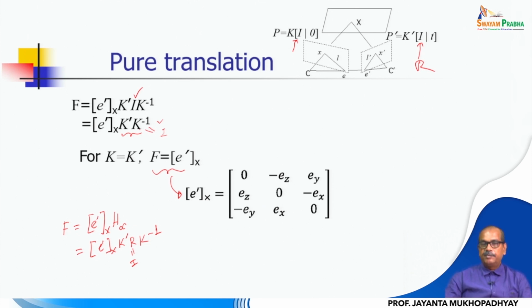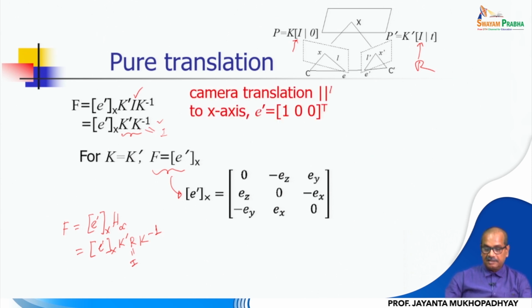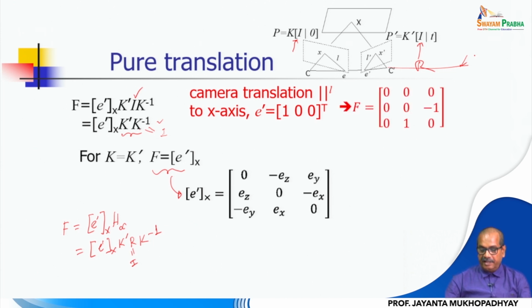So from its epipole, the right epipole, we can express the fundamental matrix in such a situation. So this is a special case of that, and we can see that the camera translation is also parallel to the x-axis in this convention, because it's a camera-centric coordinate system. So it is basically e prime equal to 1 0 0. It is basically the intersection, it is also the vanishing point at infinity of that line, the baseline, as we have said. So it should be 1 0 0 transpose, and the F can be written as